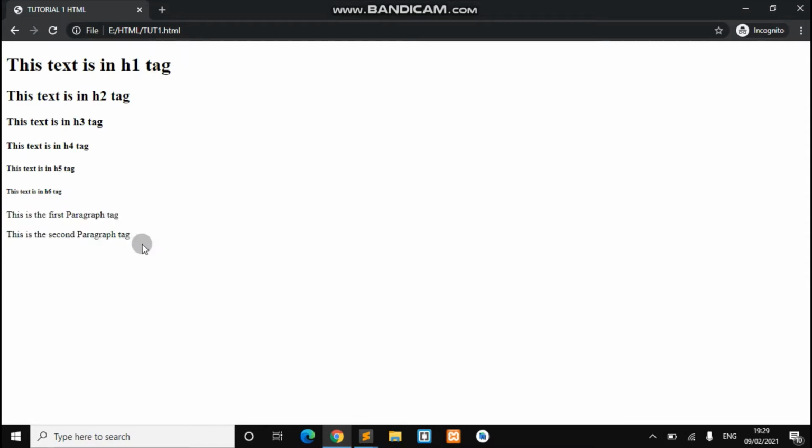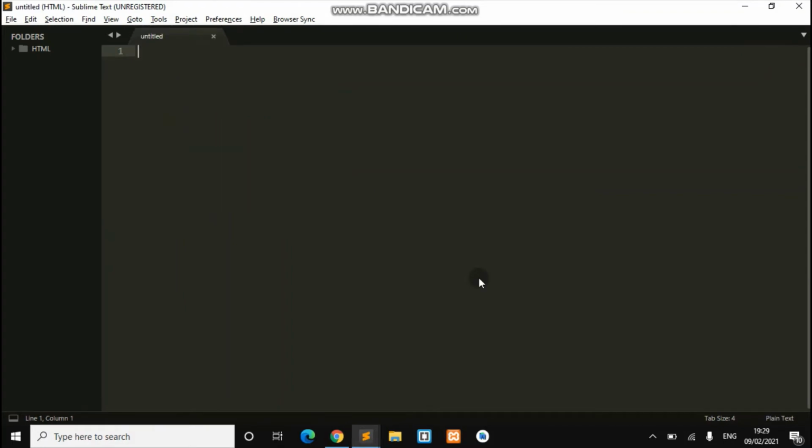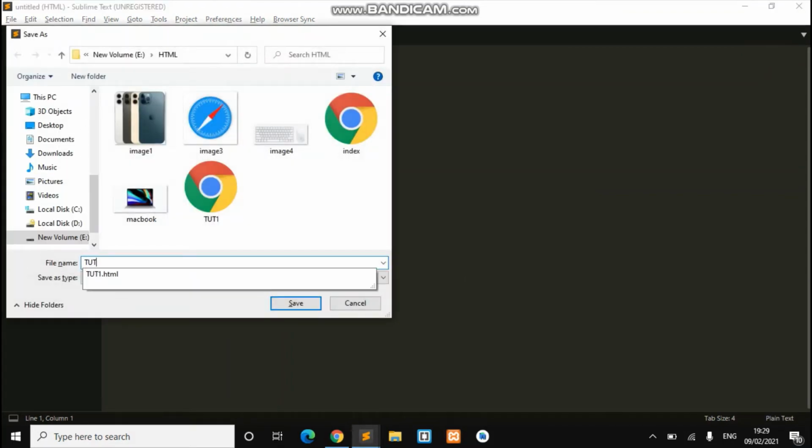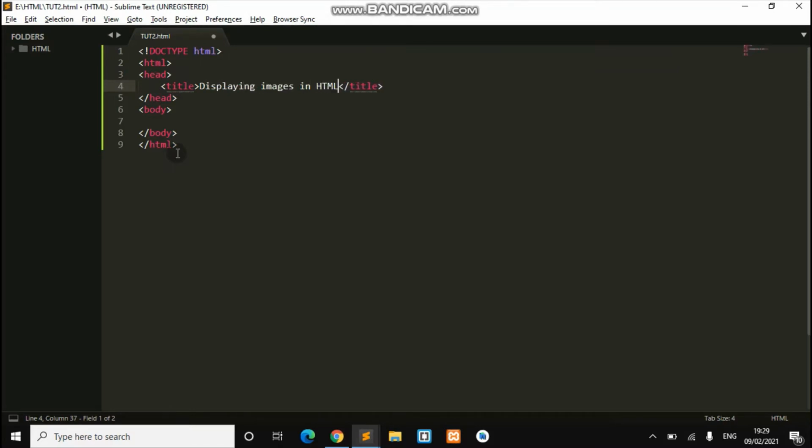So let's cover today's topic. I'm going to create a new file, save it as tutorial2.html, and in that we'll enter the HTML tag, and the title will be displaying images in HTML. In the body tag,